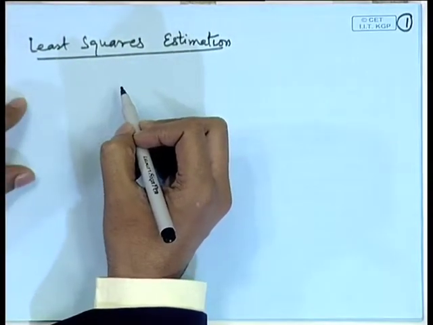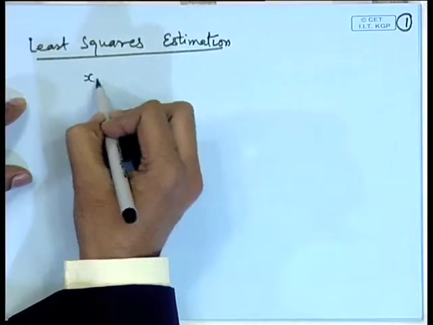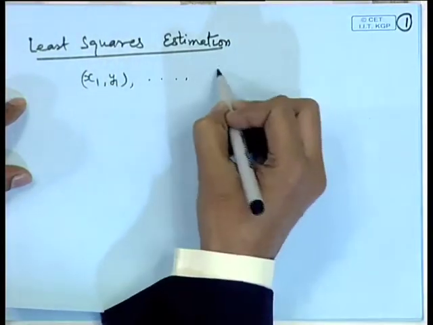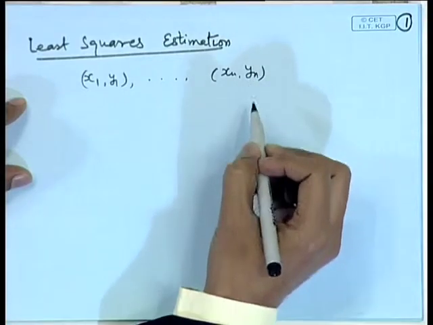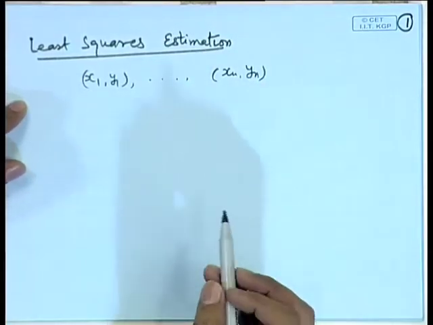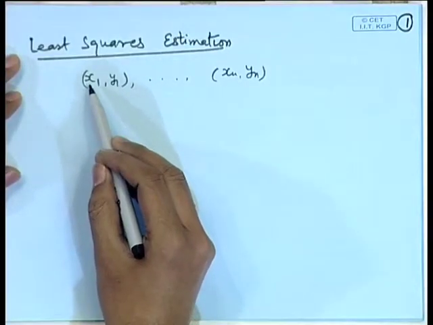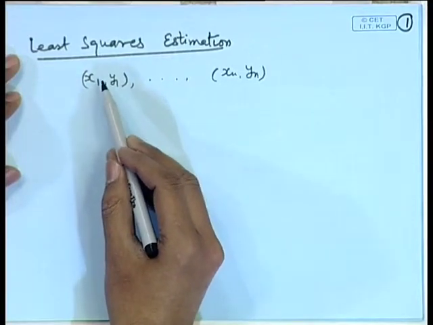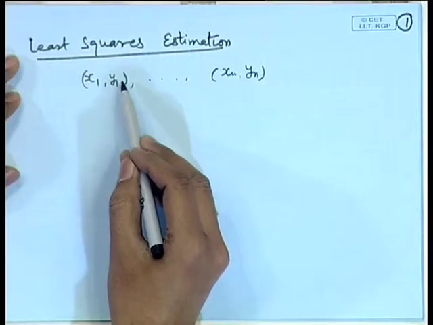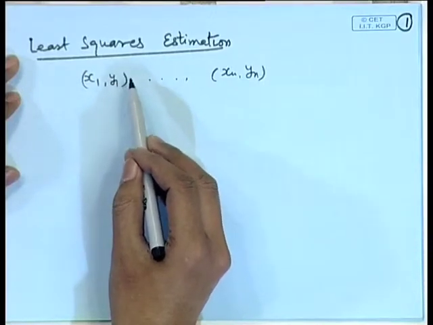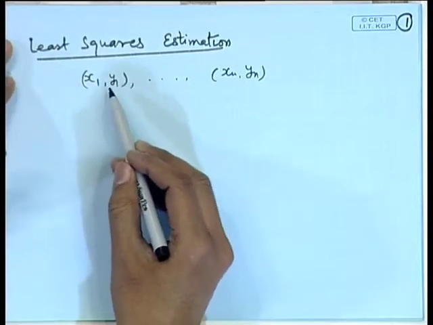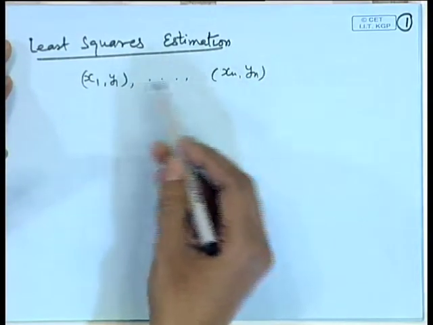here we assume that the data is obtained in the form of variables like x 1 y 1, x 2 y 2, x n y n. For example, this may be related to certain relationship, like certain variables which are related in the sense that y i's could be the weights of the persons and x i's could be the heights, x i's could be the heights of the parents and y i's could be the heights of the offsprings, etcetera. So, there could be various kind of things where they are related.